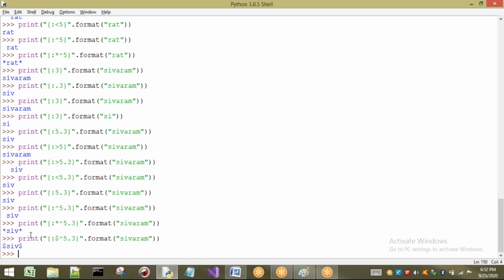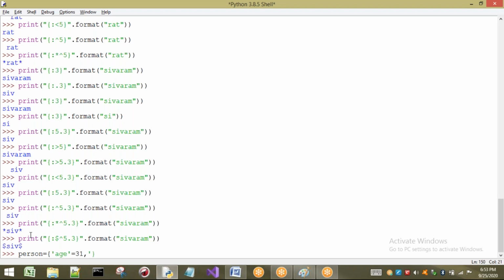Now I want to show you the concept of dictionary. I am talking only about formatting, and in that formatting I am showing all the types of data. First I want to take a dictionary. Already you know a dictionary will have keys and values. So I will take age, which is a key, and let us take 31 as the value.